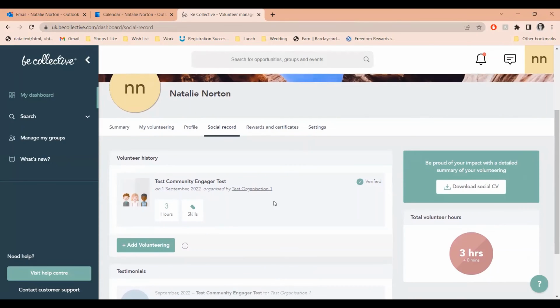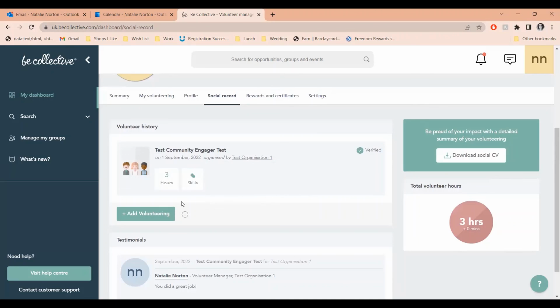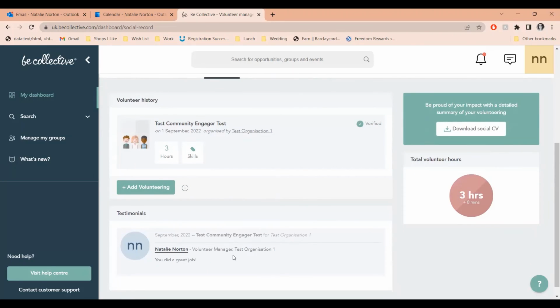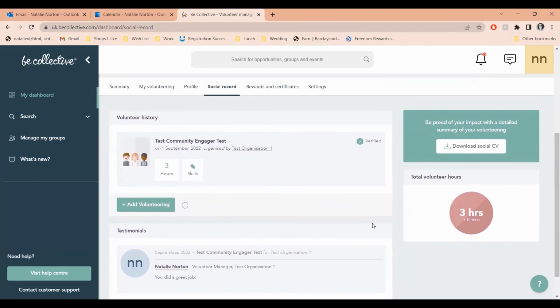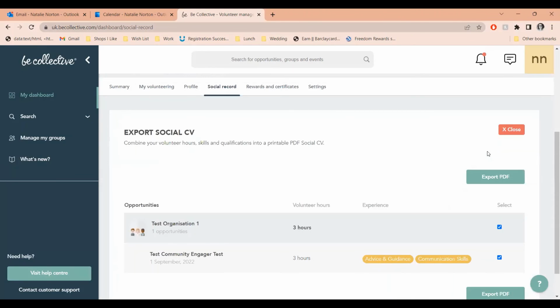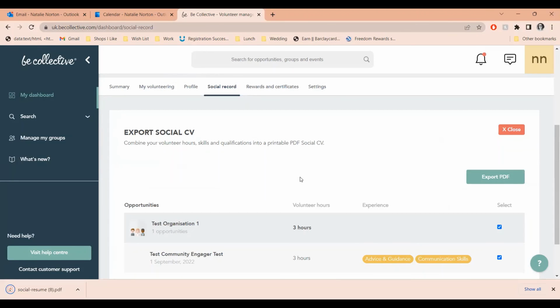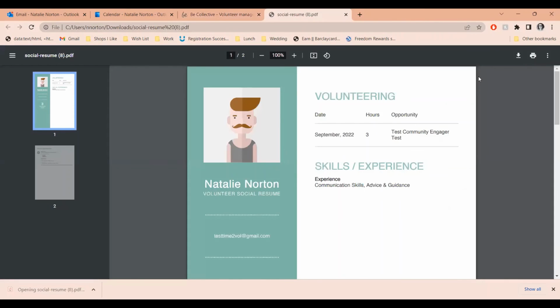And we're seeing that in my social record, I have done 3 hours for this, and I've been given a testimonial of you did a great job. So well done, me. Not sure it counts when it's this much of a pat on the back, but we will then go to download CV and export PDF. And what this will do is this will bring up a social resume